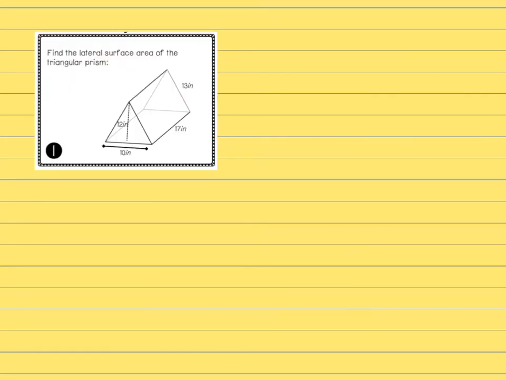The first example we're going to look at, this is a triangular prism. So the question asks us to find the lateral surface area of the triangular prism. The most important thing to know is, are you doing the whole shape or just the rectangular sides? So this one says lateral surface area, which means only the rectangular sides. So there's going to be three of them. Only the three